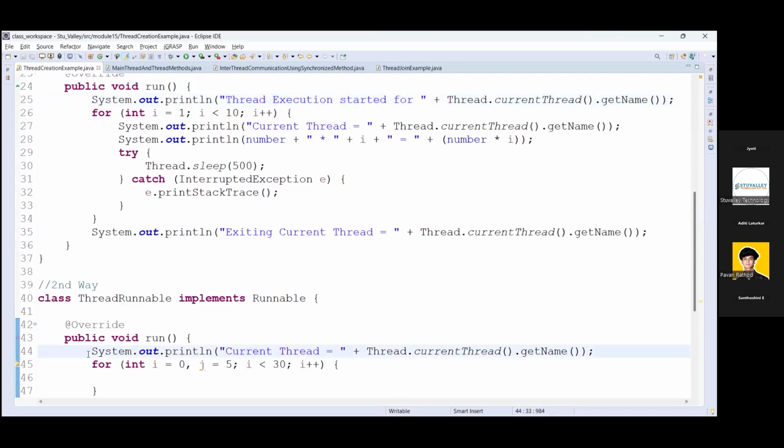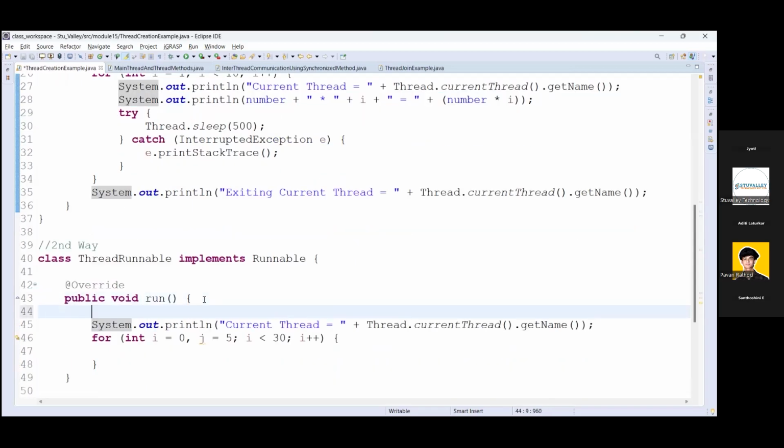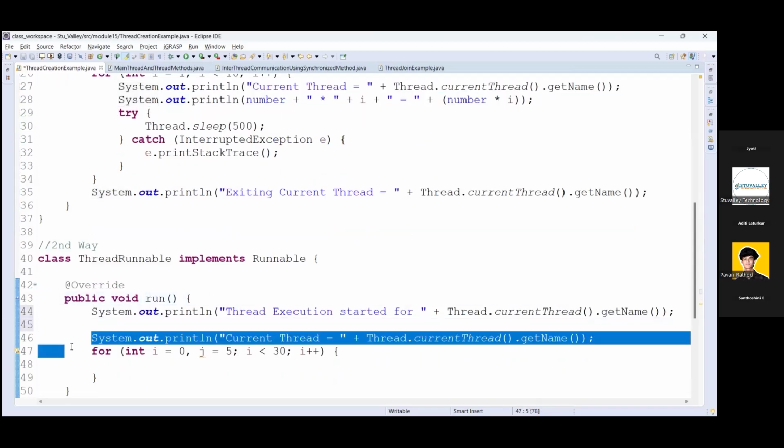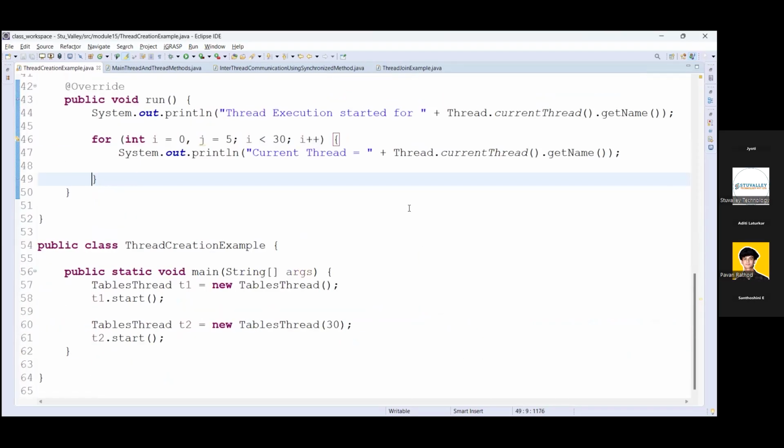Here also I will use the same statement so that you will understand that whose output we are getting. Current thread. Okay, j is 5 and i is 0.